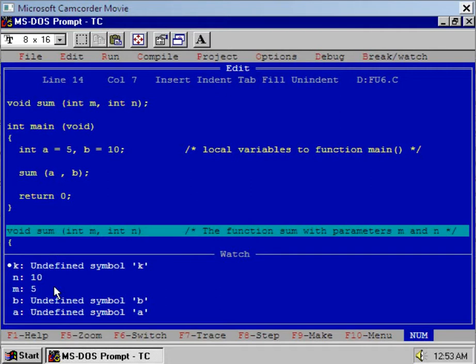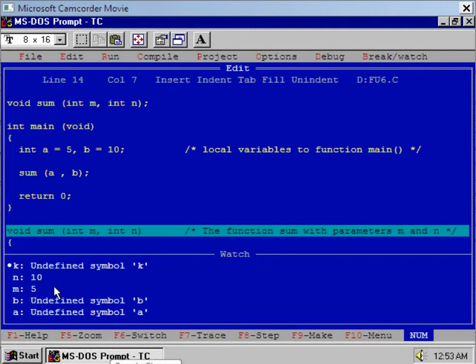The variables A and B are local variables of main. We know that variables A and B are local variables of function main, and that is why the values of A and B are not visible inside the function sum. Is it clear? Why is K undefined?